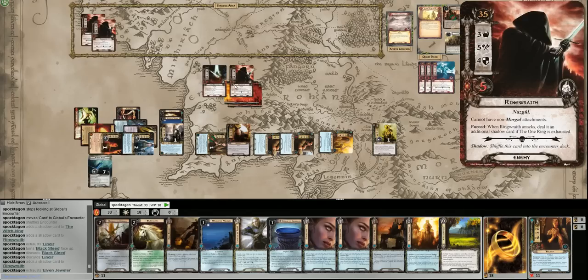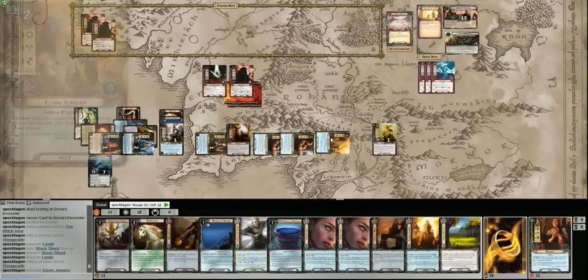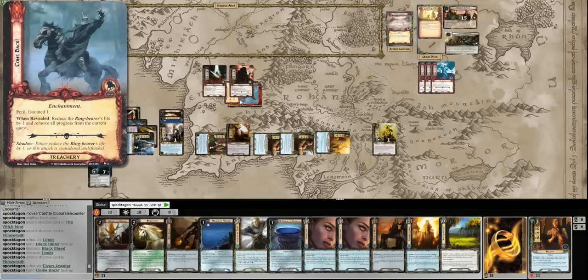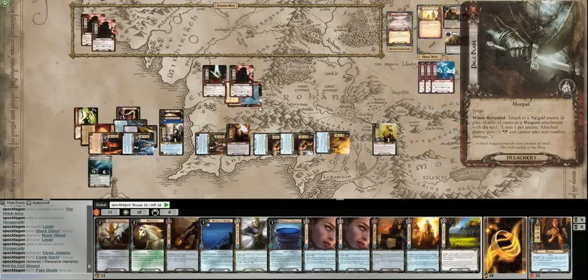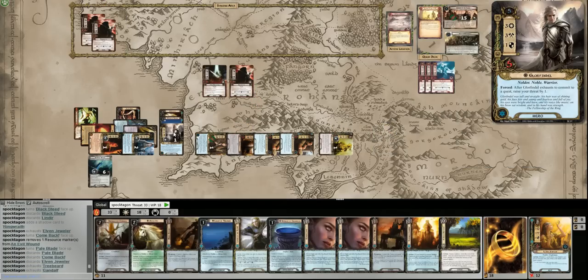But I will have enough to take out this other Ring Wraith, so I guess we'll do that. Alright, shadow cards. Reduce the ring bearer's life by 1, or it's considered undefended, so we'll do that. And then the second one, okay, there's nothing. Okay, so we can attack 4, 5, 6, 7, 8,